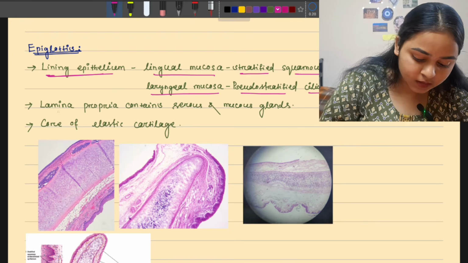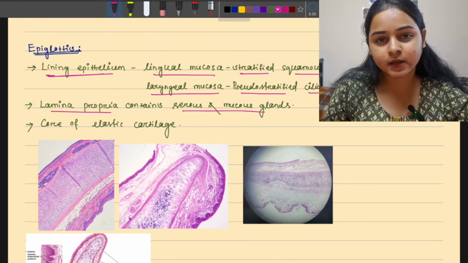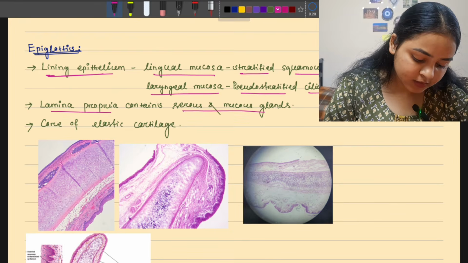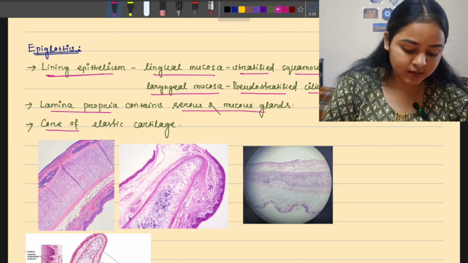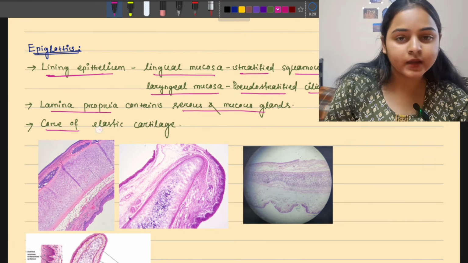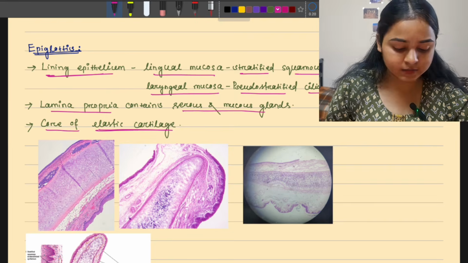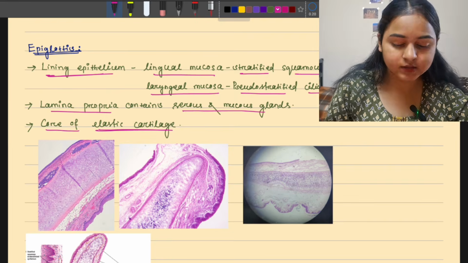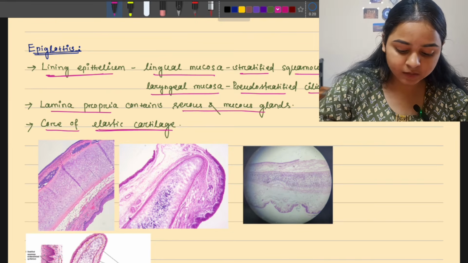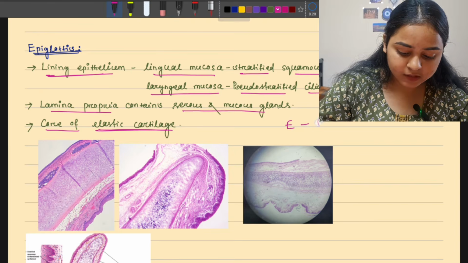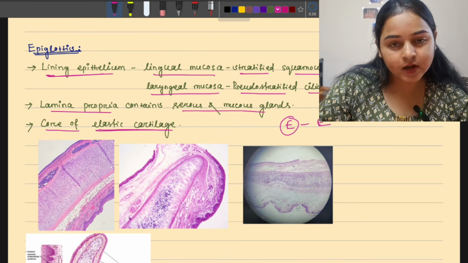And the lamina propria contains the serous and mucous glands, same as trachea, and the major difference from trachea is the presence of elastic cartilage. In trachea there was hyaline cartilage, but in epiglottis it is elastic cartilage. You can also remember that E for E, because epiglottis starts from E and elastic cartilage starts from E,